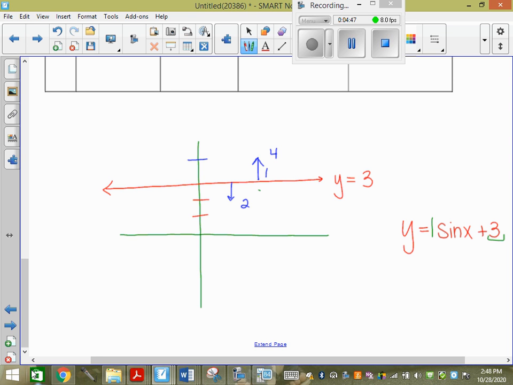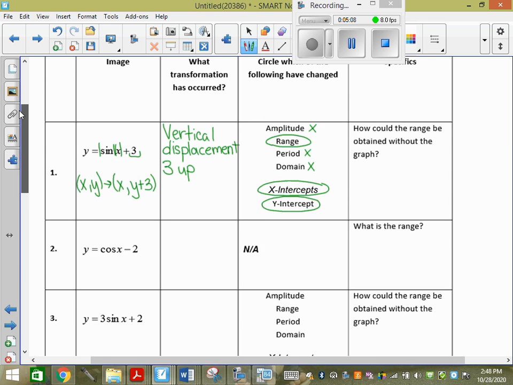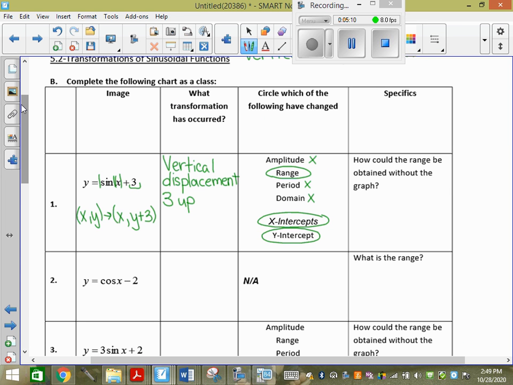Which is what we were saying earlier, right? Its minimum is 2 and its maximum is 4 because I moved it up 3, right? Well, how did I do that? I took my midline and I added my amplitude and it gave me my max, didn't it? And I took my midline and I subtracted my amplitude and it got me my min, didn't it? So what we can write on our formula sheet, if we ever need our range, our maximum